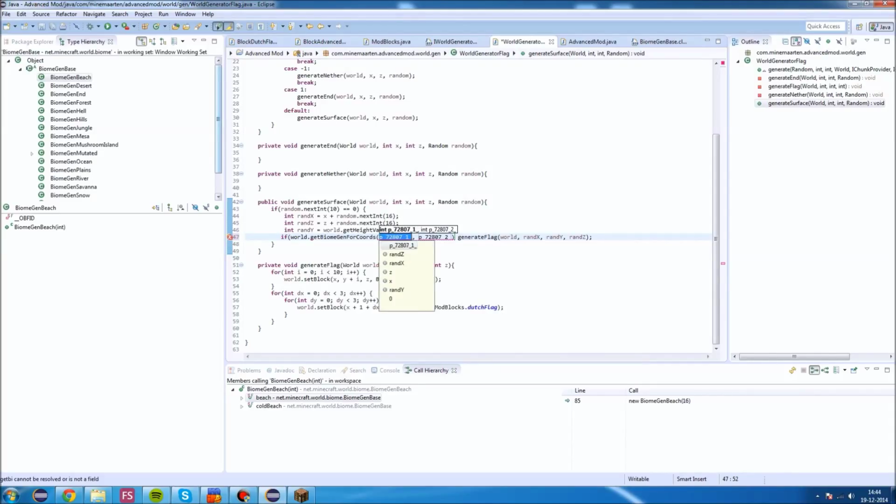So it only will take the x and z coordinates because the y doesn't really matter. The biome can't change according to the y. So random x and random z, and if that isn't equal to biome,